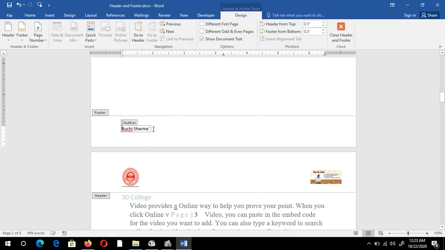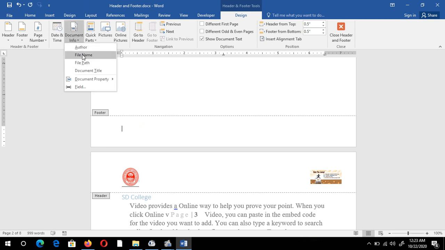Now suppose I just want to add more things in it. Now I just delete it. I want to add the file name. It is very important. Suppose I want the file name on all the pages of this current document. I just have to click here, file name.